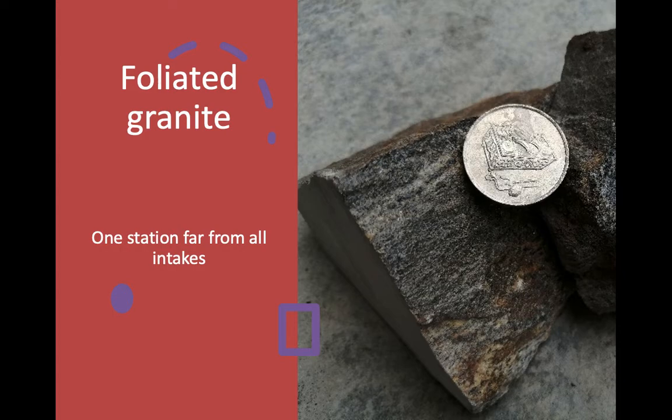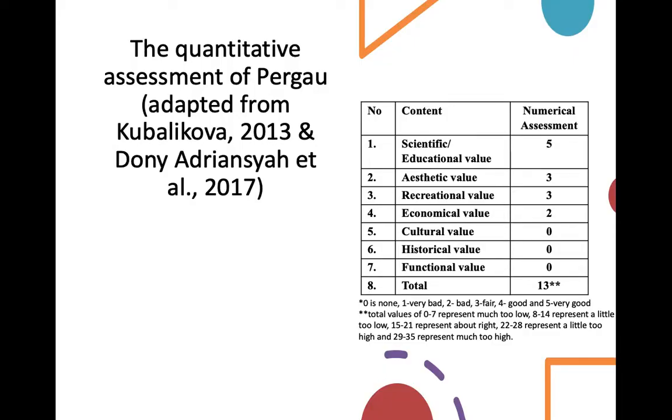But in this case, we can identify the minerals inside the foliated granite just by looking with the naked eye. Compared to metamorphic rock, where you have to do a thin section and identify what the minerals inside are. So instead of naming this a metamorphic rock, we name this the foliated granite. Okay, the last thing that we did at the study area was to find the geoheritage values